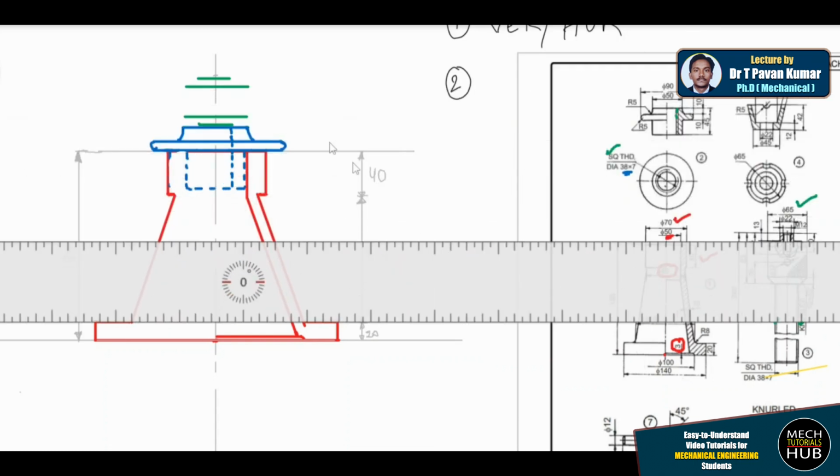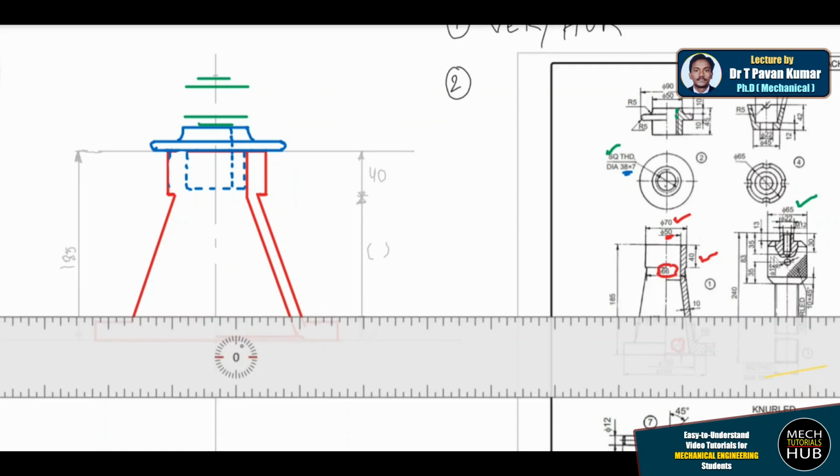Okay, so what are these two parallel line gaps? This is the first line and this is the second line. Similarly, this is the first line, this is the second line. Okay, with whatever widths I have just drawn, there is a chamfer, a 45 degree inclined line. So I'll just try to close.